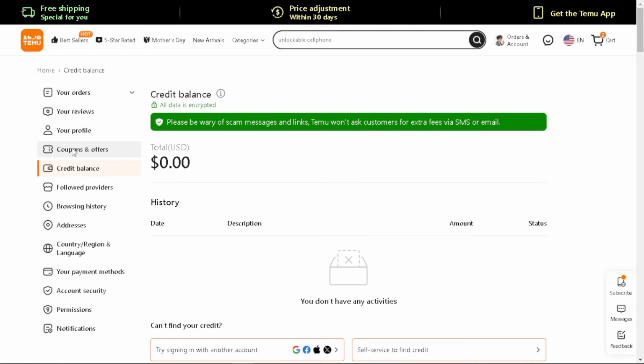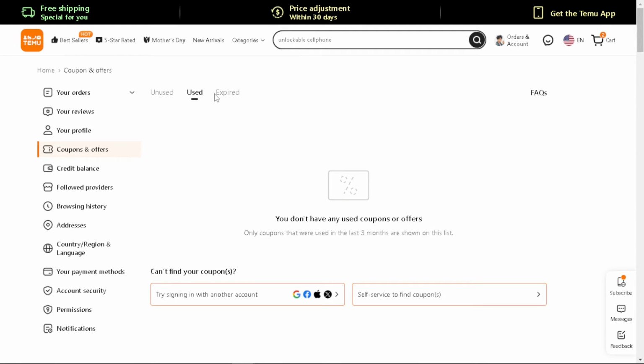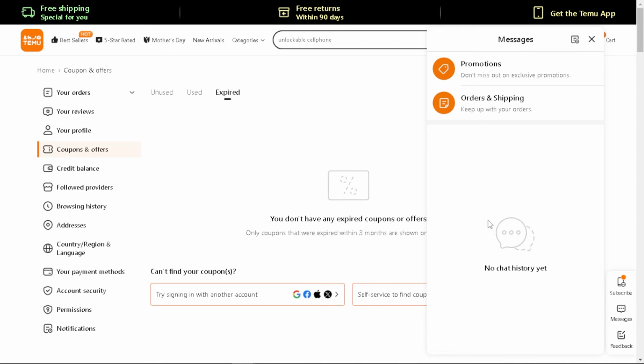or also you might want to go to the coupons and offers, right? So if you have unused coupons, you might want to use them as well. All right, you'd also have the option to get on the used and expired. And still, if you don't get the option for to use your rewards, you might want to go to the